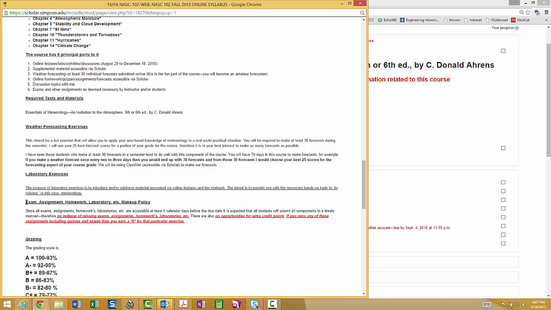Now the policy for exams, assignments, etc. Now these assignments will be up at least 6 days ahead of time, and this course moves pretty quickly. We've got a large class, approximately, I think, 22, 23 students in it, so we have to keep in lockstep as we move through the course.